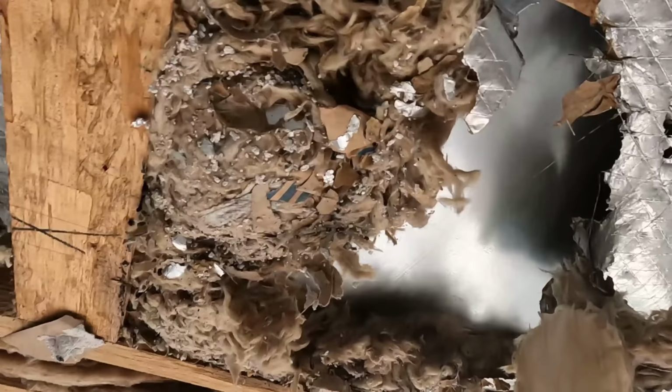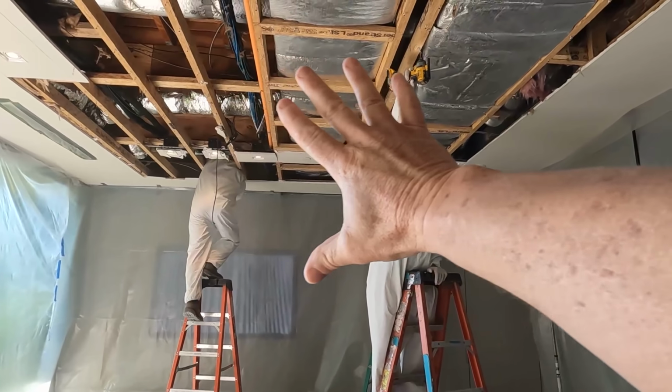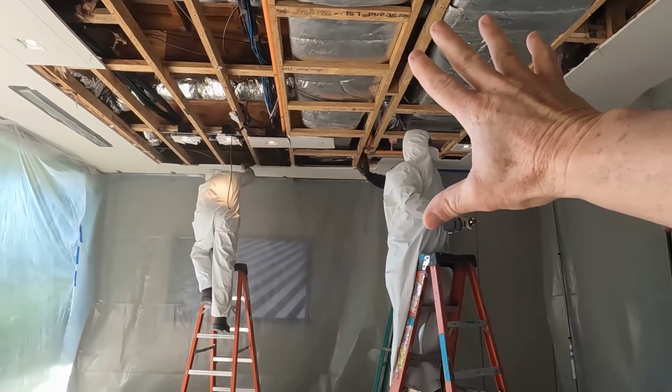So we got one right here above this light. Thousands of rat droppings everywhere on the floor. So you can see how they use the insulation for nesting areas. Look at this. Look at that. It's like a war zone in here, but there's a bunch of activity in this area right here, more so